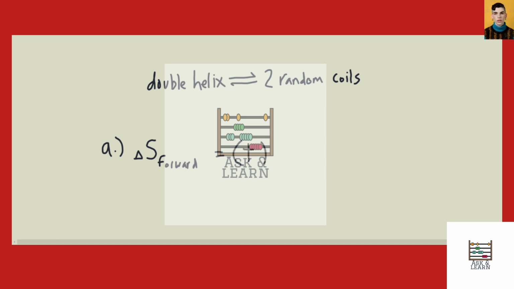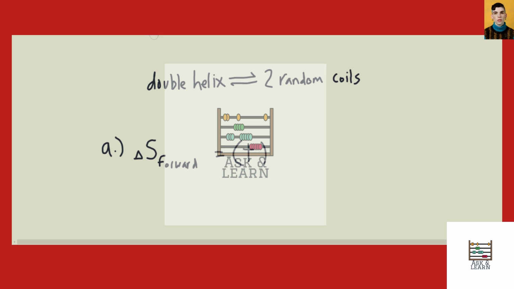Because since we increase entropy, we have a higher value for the entropy on the products than on the reactants. And the change in entropy is the entropy of the products minus the entropy of the reactants. And if we have a higher value for the entropy of the products than the reactants, then when we subtract them, delta S comes out to be positive. And so that's the explanation as to how we know that the change in entropy, delta S, for this generic